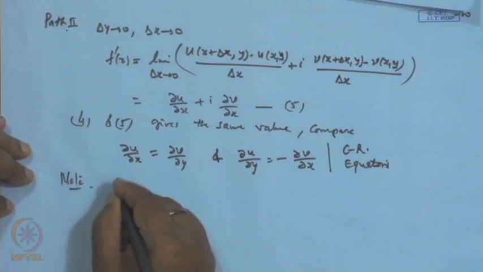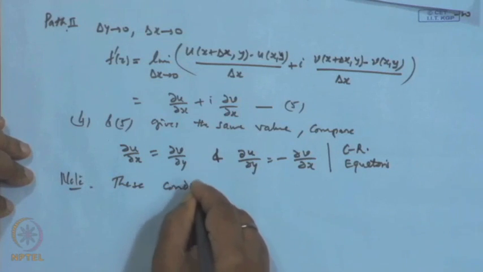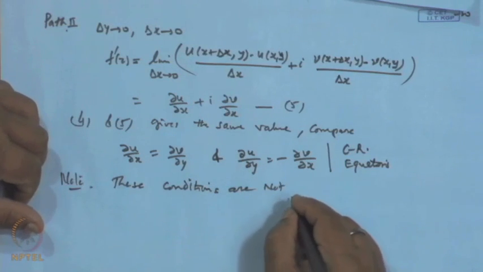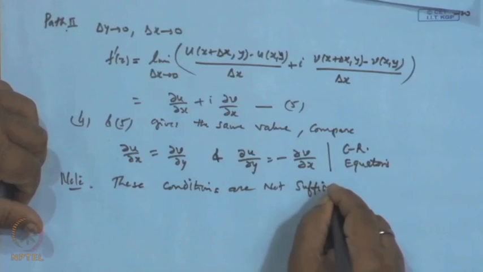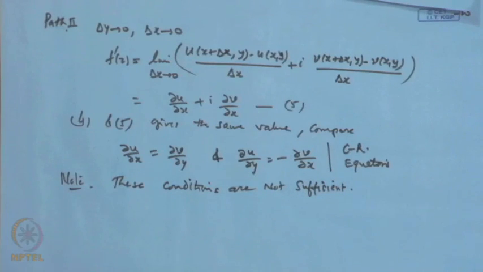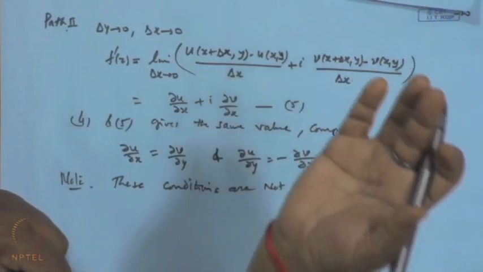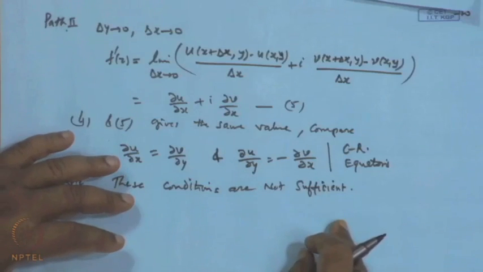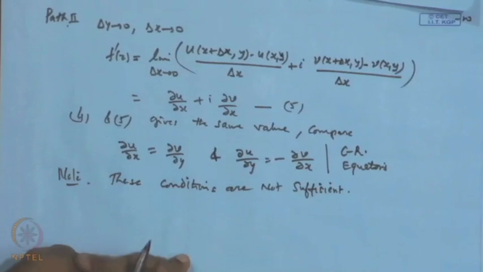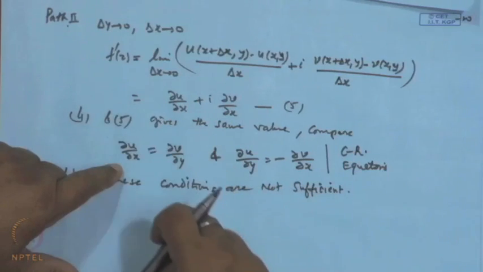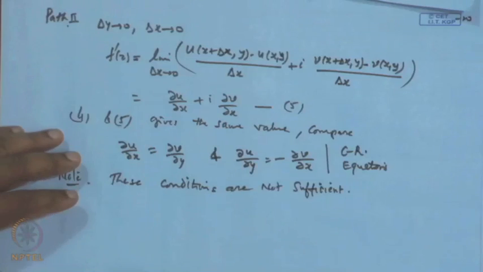So, basically we say these conditions are not sufficient, which means the CR equations are satisfied, but the function is not analytic or not differentiable at that point. The CR conditions not being sufficient means that for a function f for which the CR equations are satisfied at the point, but the function is not differentiable at that point, then obviously this will not be sufficient. For example,